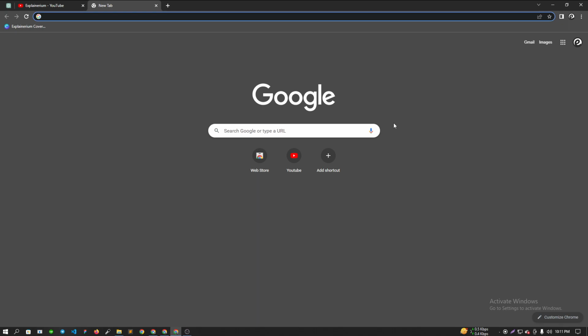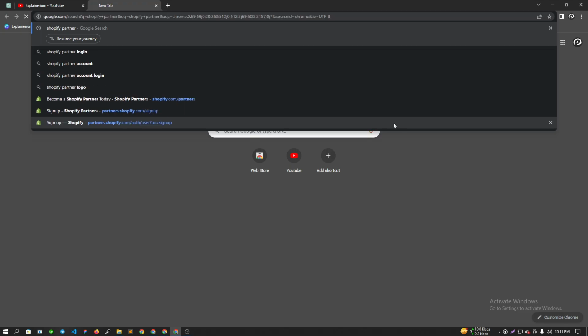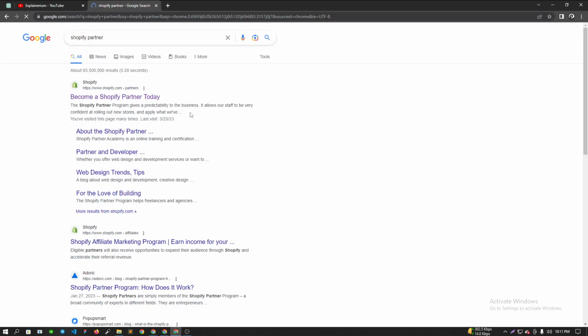So first you have to go to any browser like Google Chrome, Microsoft Edge, Firefox. You can go anywhere, any browser. So I'm going to Google Chrome browser. So let me search Shopify partner, and then you can see the first link, Shopify partner. Just have a look. So you have to click here, become a Shopify partner today,